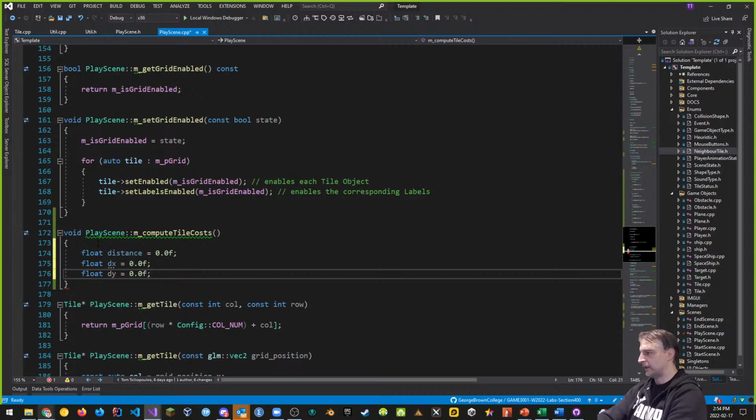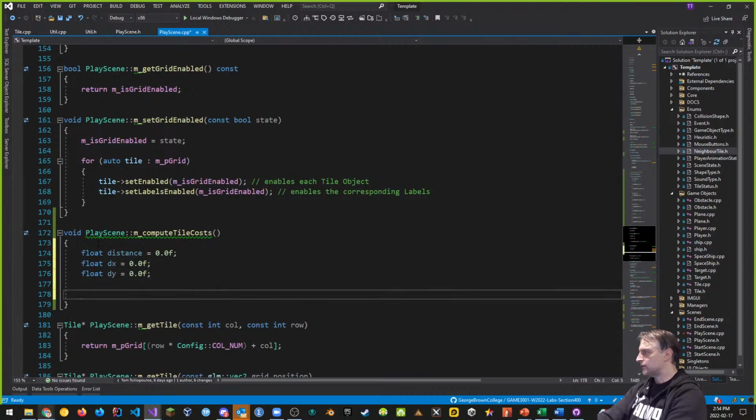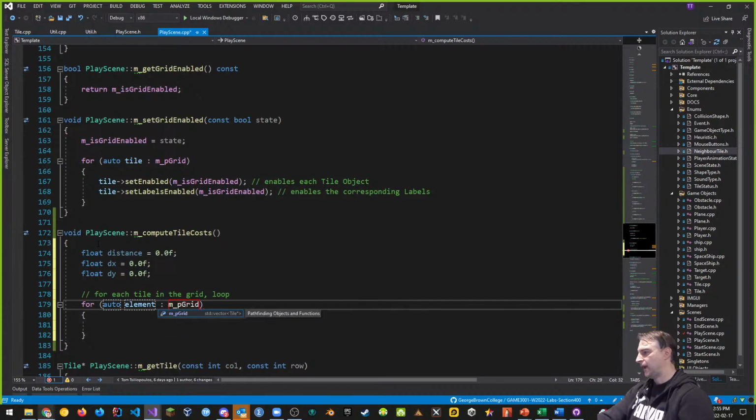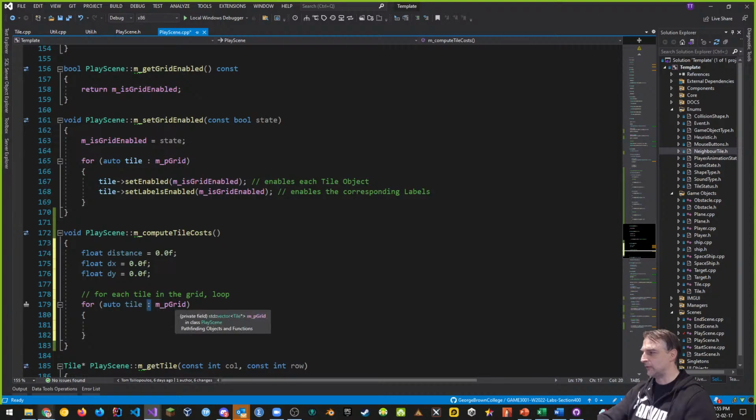We're going to see where that comes into play in a second. Okay? I want to loop through, actually, let's do it this way. For each tile in the grid, this is kind of the pseudocode loop, okay? And we can put a comma there. And we're going to use a for each statement, which looks like this, the range-based for loop in C++, where I can change the collection to m_pGrid and the element name to tile. So this is exactly what we're saying here. For each tile in the grid,